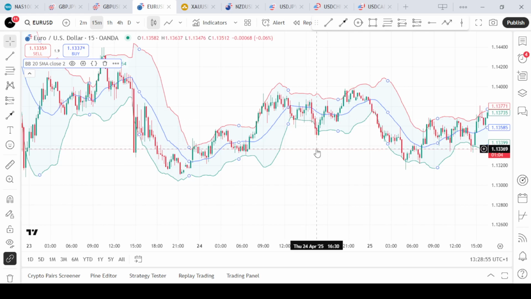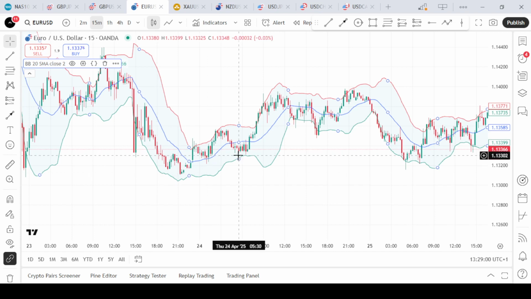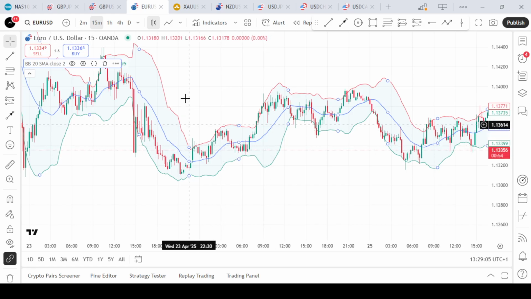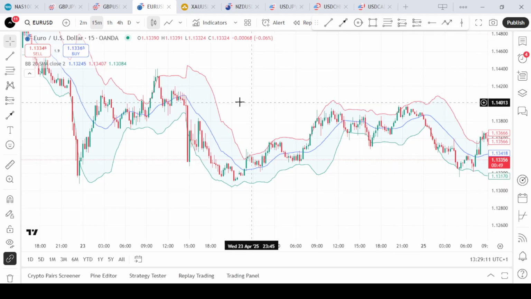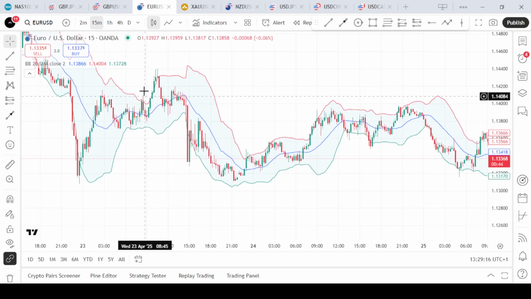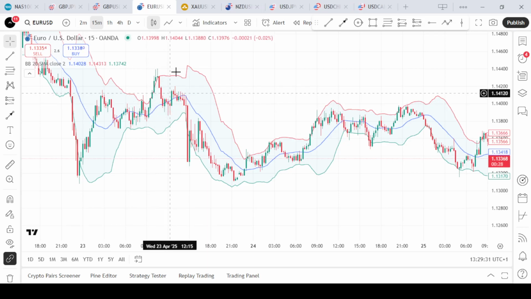The first strategy we can use is the Bollinger Band squeeze breakout. Now this strategy is ideal for capturing explosive price movement. First of all, you would have to identify the squeeze. When you notice price is squeezing at this point, as you can see in this area of the market, price is moving in a sideways movement. It has a contraction. This indicates low volatility and potential energy building at this area,